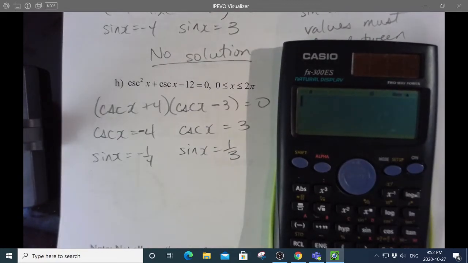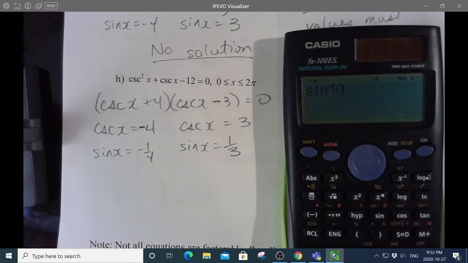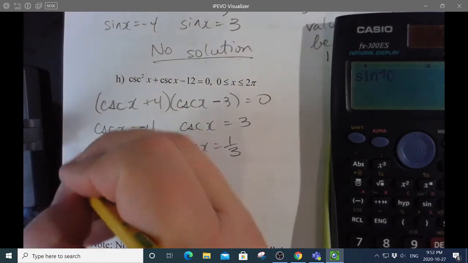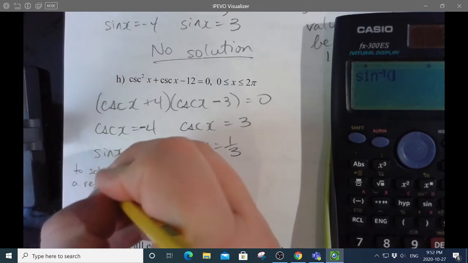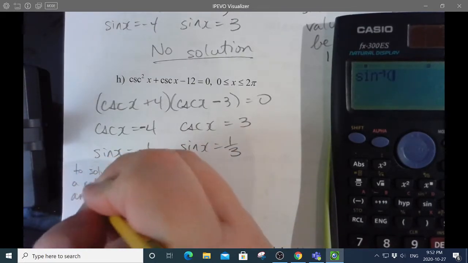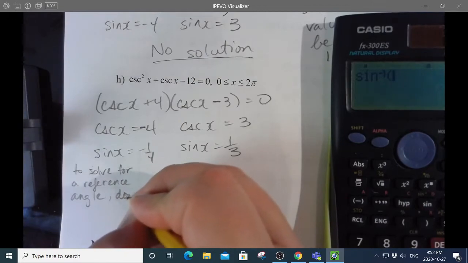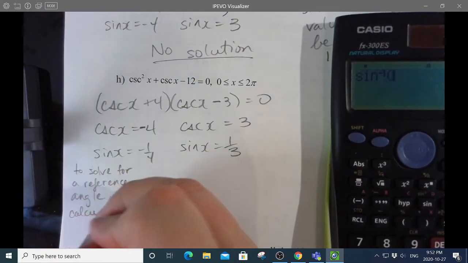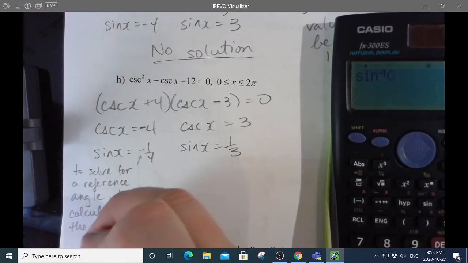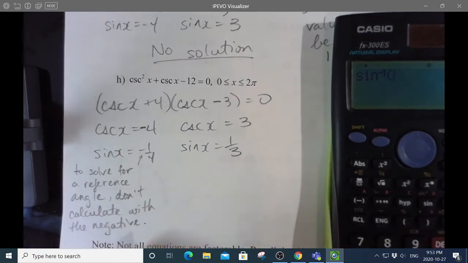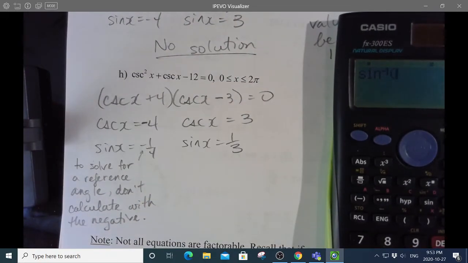Okay, anyway, moving along. The inverse sine of, okay, remember how we do this. We actually drop the negative when we use our calculator to solve. I'm going to put a little note on that. To solve for a reference angle, don't calculate with the negative. And if you're wondering how come, well, because calculators are programmed funny when it comes to negatives for